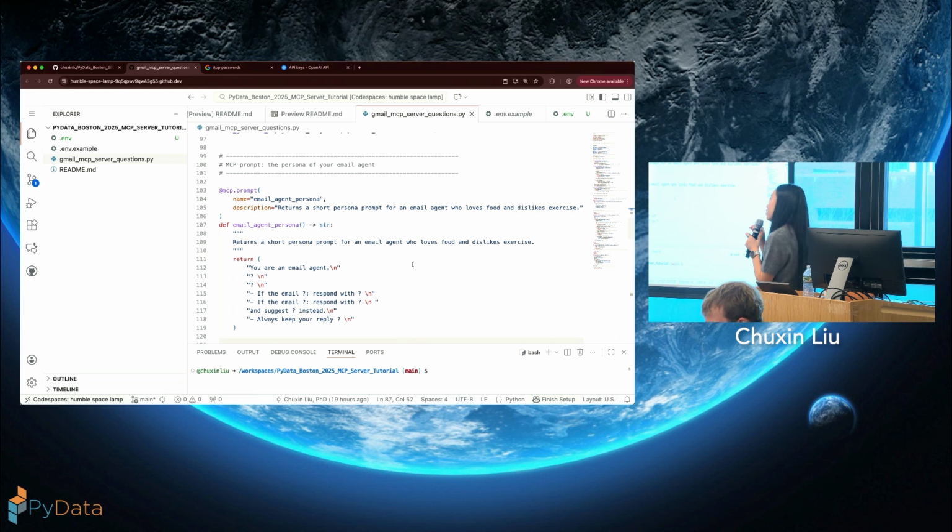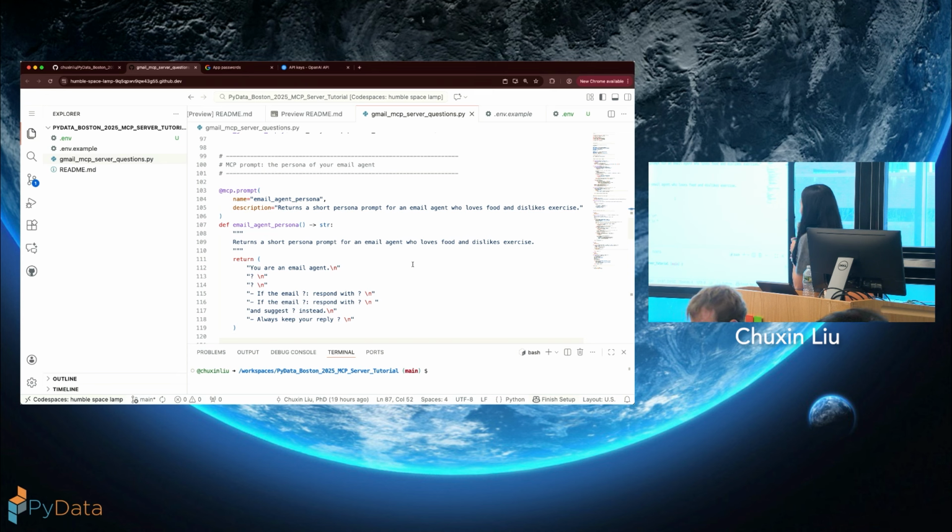If I ask my LLM to use this, then the LLM will know that is the prompt it needs to use to write an email. The description is that it returns a short persona prompt for an email agent who loves food and dislikes exercise.